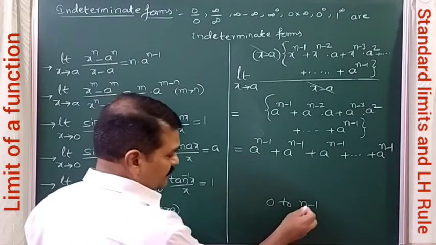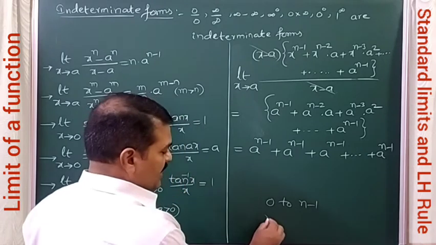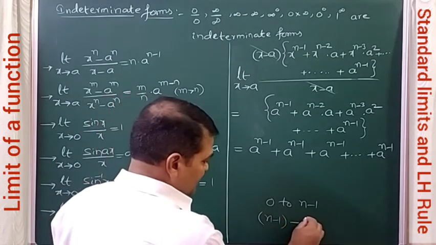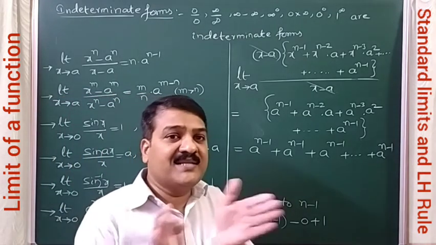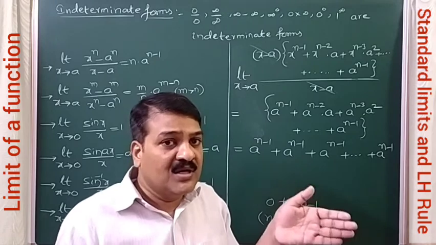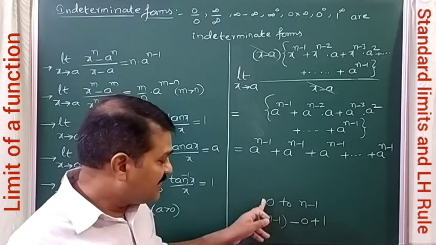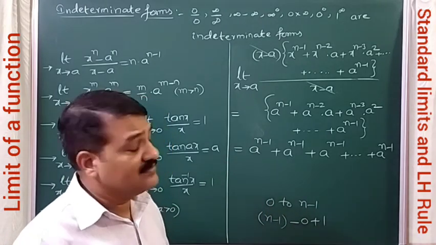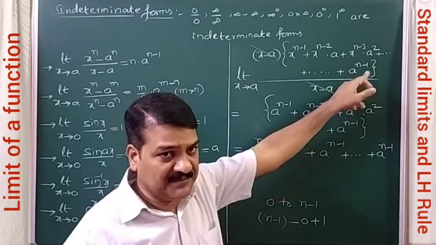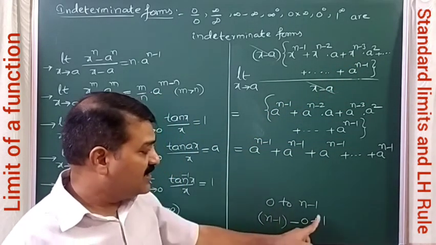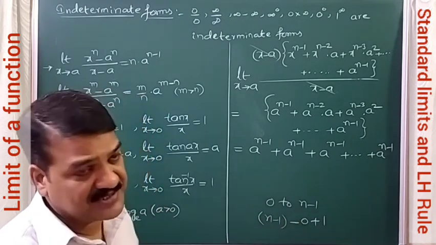Simple logic. To calculate the number of terms in these successive terms, last term minus first term plus 1 is the technique. So when you have some consecutive set of numbers, how many numbers are there? To calculate that, last number minus first number plus 1 you have to do. So x power n minus 1 to x power 0, they are consecutive numbers only. How many numbers are there? You see, last number minus first number plus 1, you will get n. This is the number of terms.